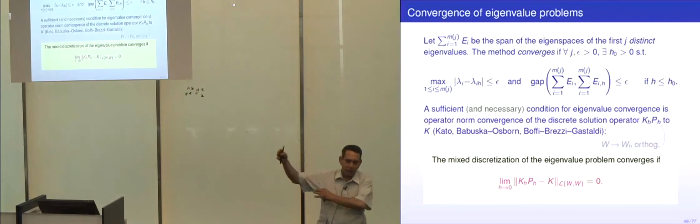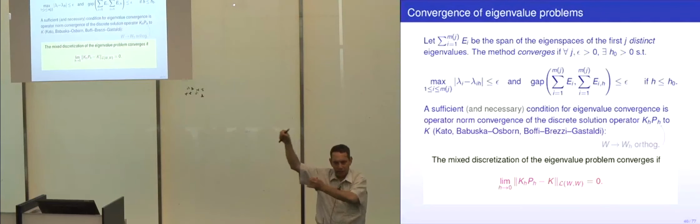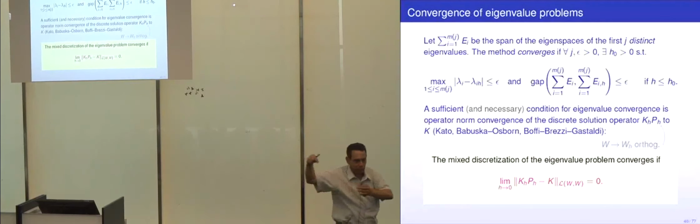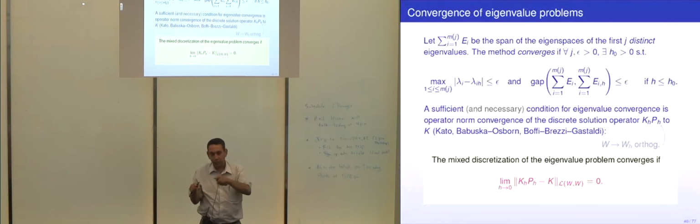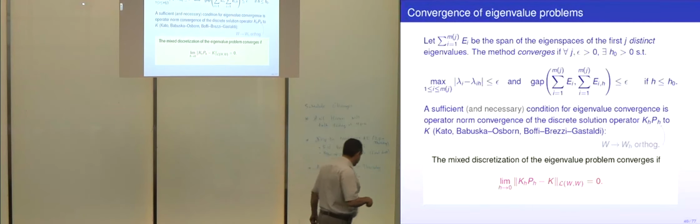And that way you might get the first 50 eigenvalues of the true problem, and then if you refine your mesh and have even more, you might get very close to the first 100 eigenvalues of the true problem and so forth. But you have to be careful. Even if you write a definition that says each of the eigenvalues of the true problem is the limit of eigenvalues of the discrete problem, maybe you'll have some spurious extra things, some extra limits. You don't want that. So people have worked out a nice definition for eigenvalue convergence that avoids that, and here's the definition.